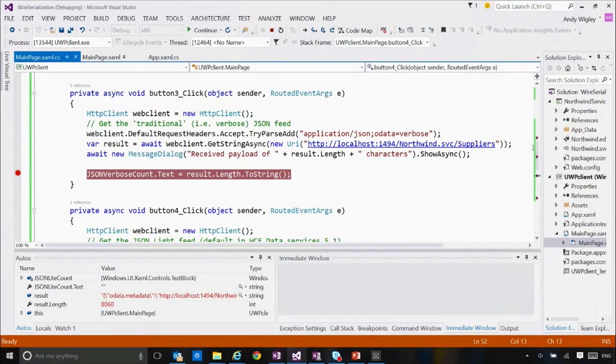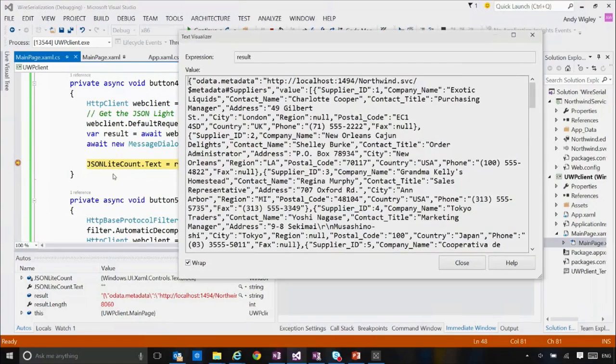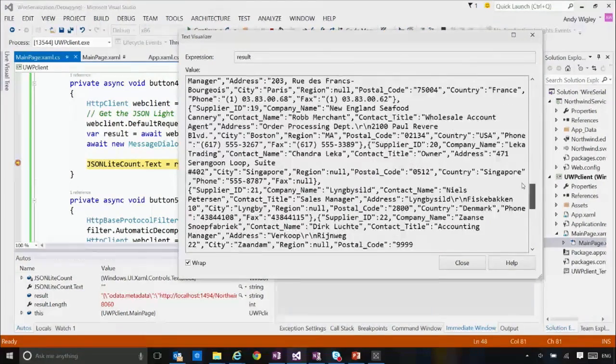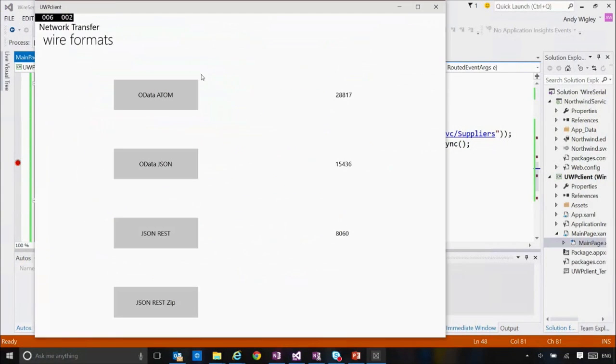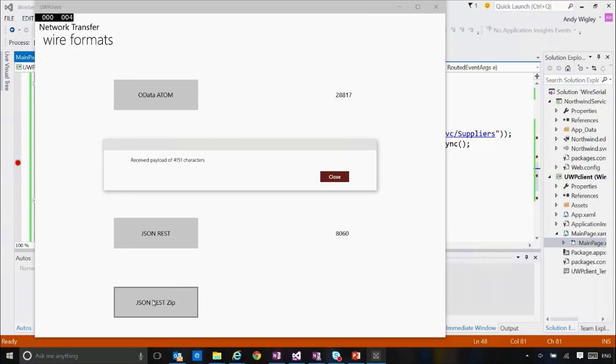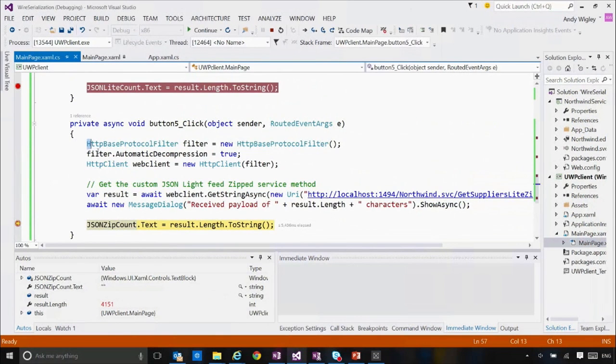Now this one is just application. See, that was the OData equals verbose. This is the slim JSON response. So this doesn't have all that cross-reference stuff in it, but you do get just the raw data suppliers. So we're still getting the same data that we're interested in. That's nice. That's very appealing. But it's 8K now. And now this final one, well, this is how you can use an HTTP protocol filter